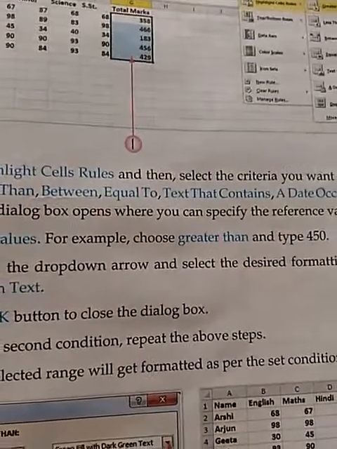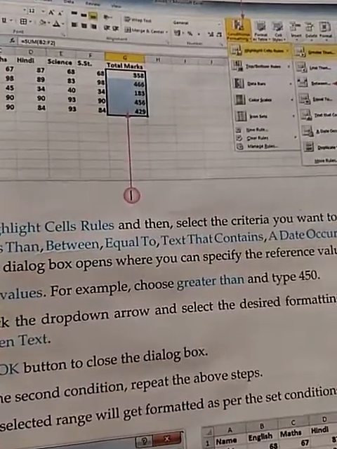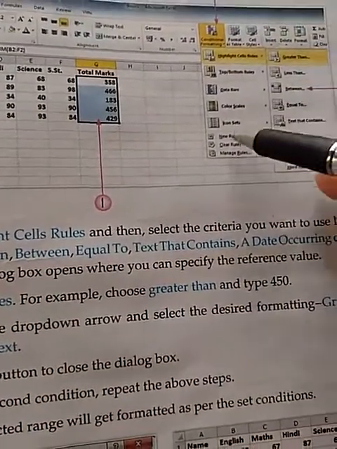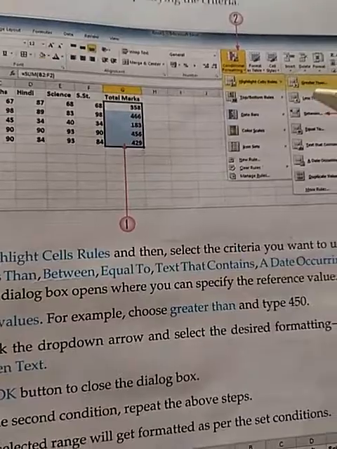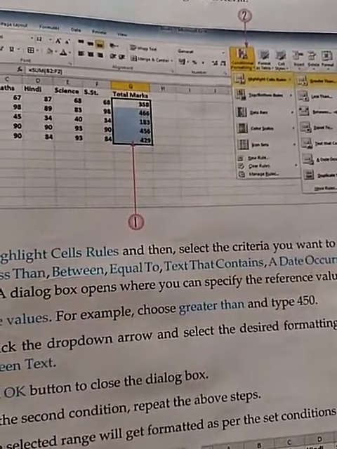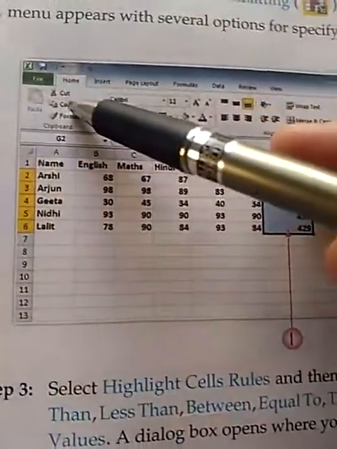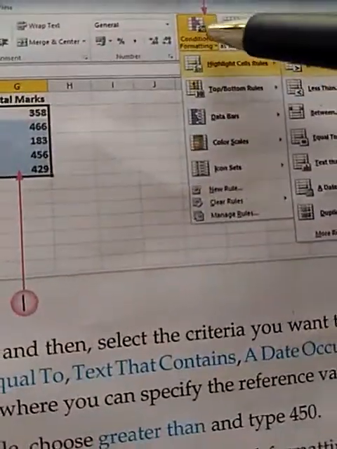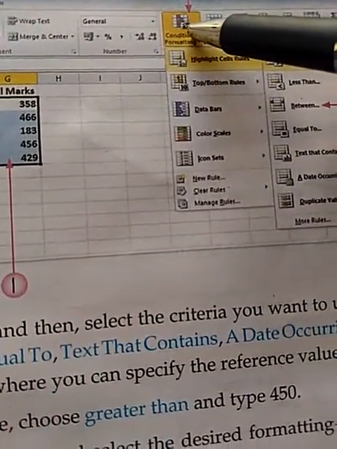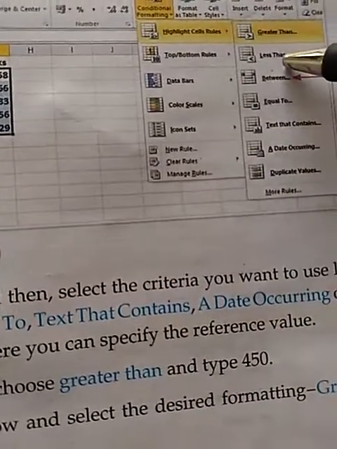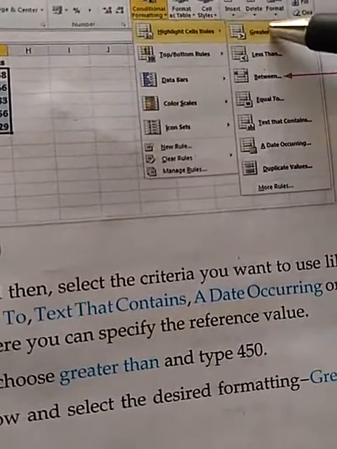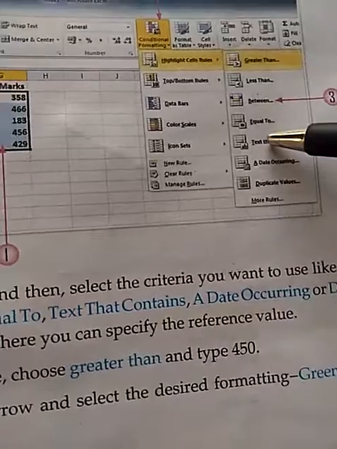In this way you can define multiple conditional formatting by selecting this. So once you apply this, again you want to define another conditional formatting, then in the same way go to the home tab, select the conditional formatting option. From here select the criteria for which you want to apply the condition.